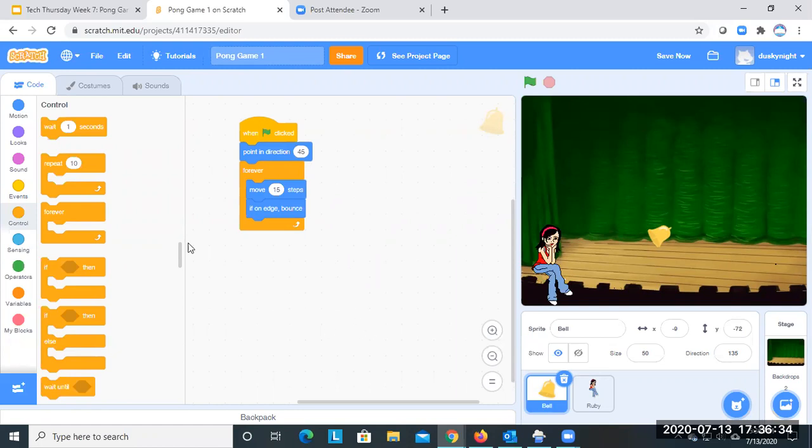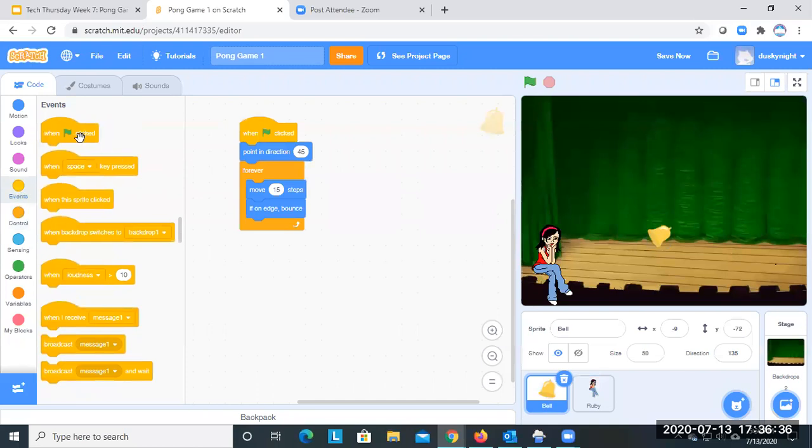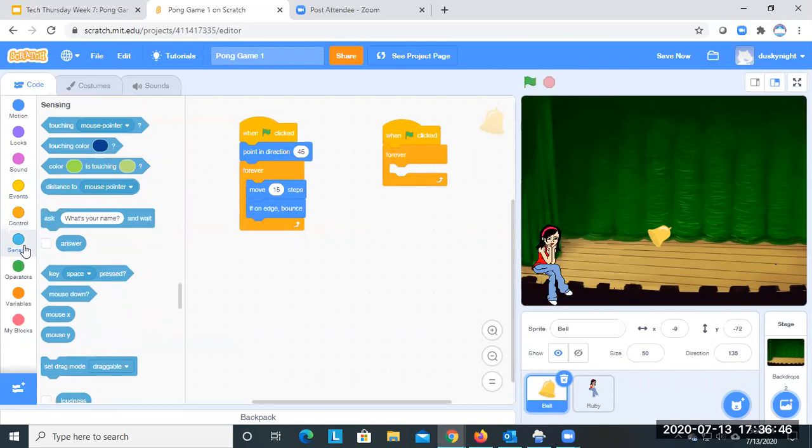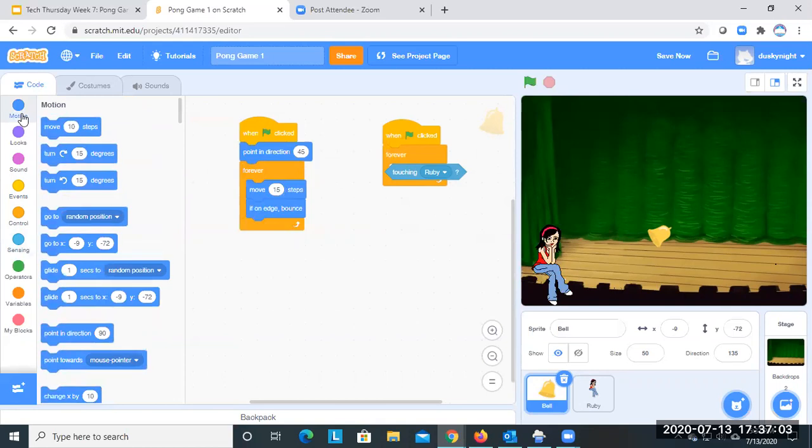So we're going to start with the event block again, and we're going to do another when green flag is clicked. And we're going to use the control block, make sure we do forever. We're going to look at the sensing block, which we're going to do if it's touching Ruby. Ruby is this sprite. The name here is Ruby, but it'd be your paddle sprite basically. And then motion, we want it to turn